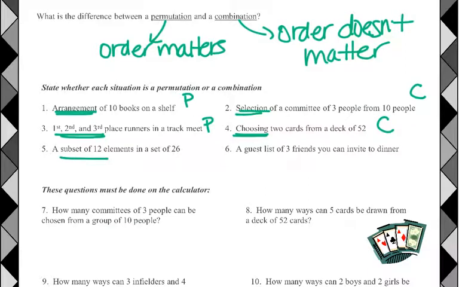Subset of elements, doesn't look like order matters there, and that's C. And then the guest list of 3 friends, up to you. Do you order your friends or not order your friends? If you put your friends in order, first best friend, second best friend, third best friend, that would be a permutation. If you're just like, hey, you guys are all my friends, combination. I don't have those questions on the test, so that was just to get used to the idea of